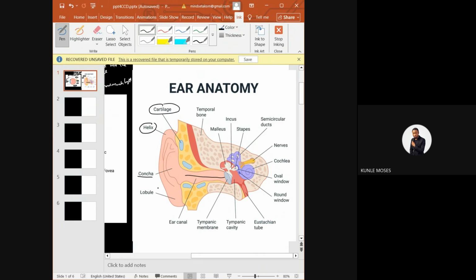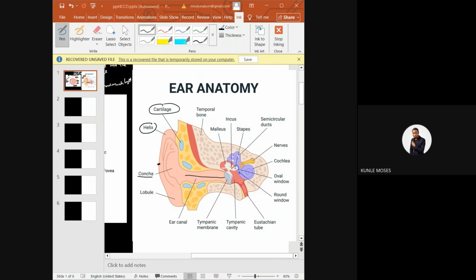And we have the lobule here. It is the soft lower part of the ear, the place where ladies put their earrings so they can pierce. Some can pierce like 4. Some will pierce the lobule, some will pierce the helix, some will pierce the middle part here. Some will be using 3 earrings. Whichever way, all these things will not actually reduce the amount of sound that can come to your ear, but it can attract death. So, and that is it.